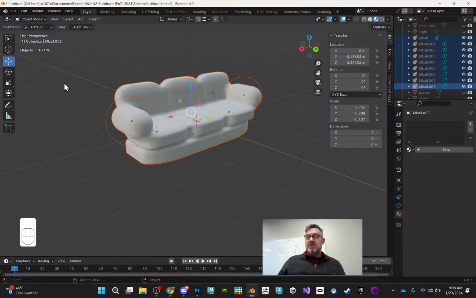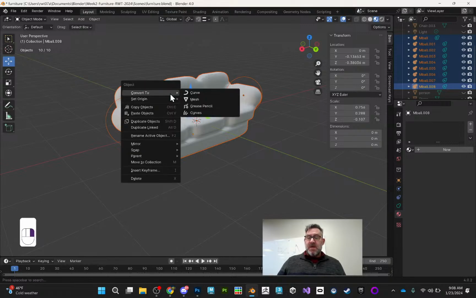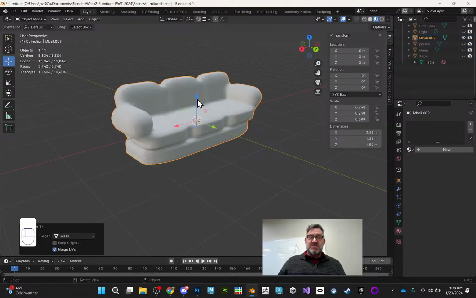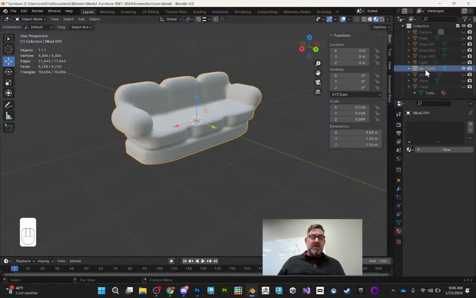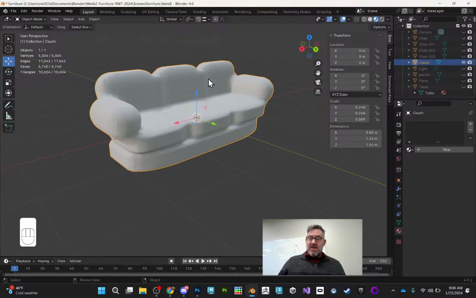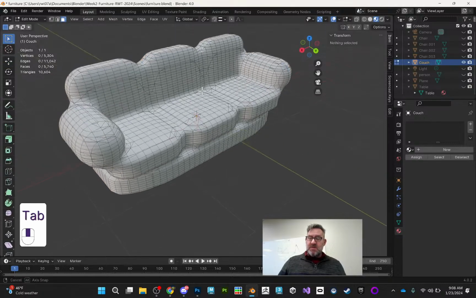Okay. I'm gonna grab all my metaball things here. Make sure they're all selected. I'm gonna right click and convert to mesh. So I'm just gonna merge them all together. It's one big thing called mball 9. I'm gonna change that to couch. And now look at this crazy thing. If I hit tab,